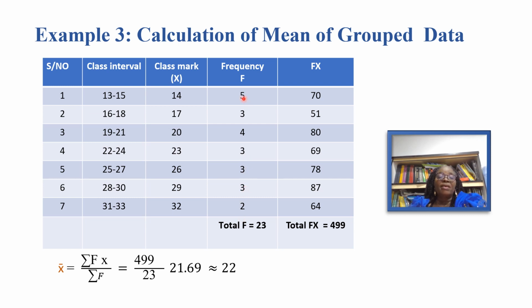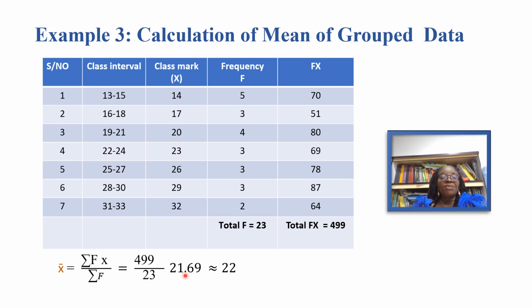We multiply this S with the frequency, and then that is how we got fS equals 70, 51, 80, 69, 78, 87, and 64. We had a total frequency of 23 and the fS total of 499. So the summation of fS gave us 499 all over the summation of the frequency, 23. When you divide, we got